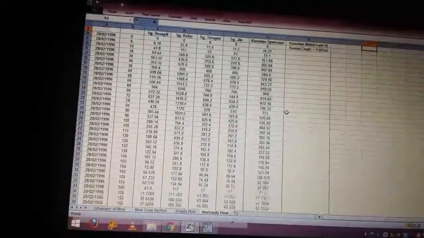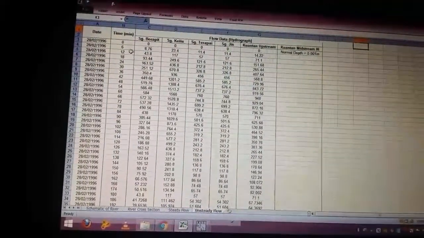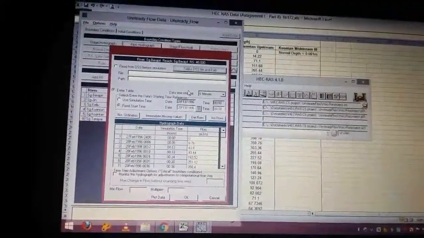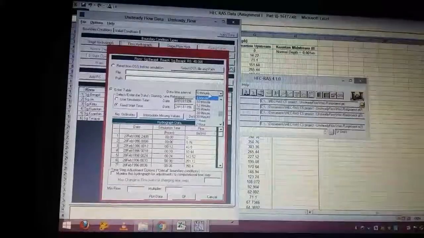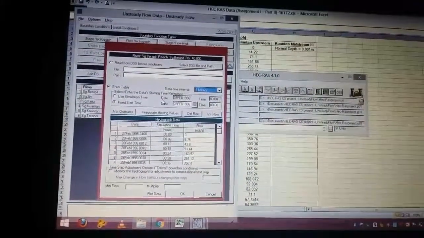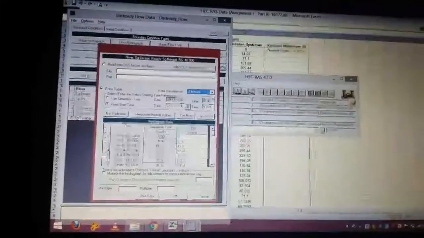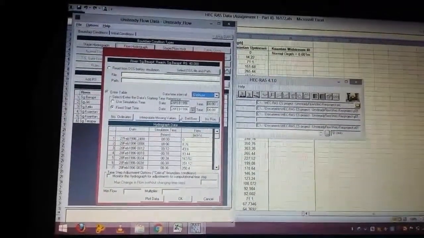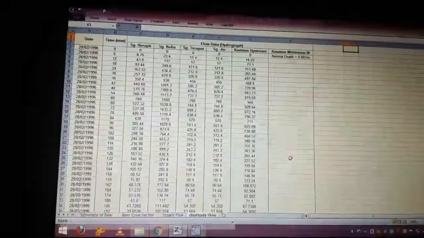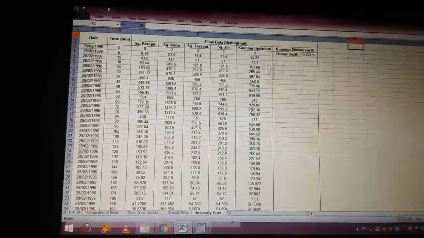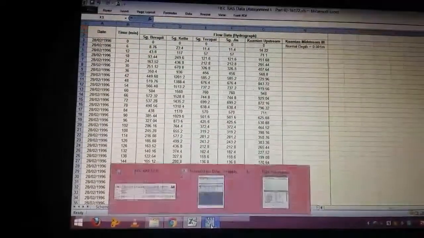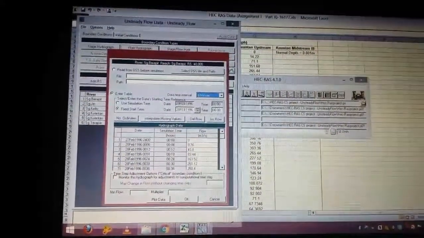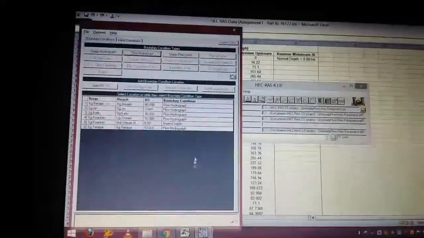As you can see, the time interval is 6 minutes, so we need to change the data time interval here to 6 minutes, and the date here is one of our member's birthday. Okay, and the flow here, you just copy from the data. As for this one, this is for Sungai Berapit, and after you have inserted all the data, you click OK